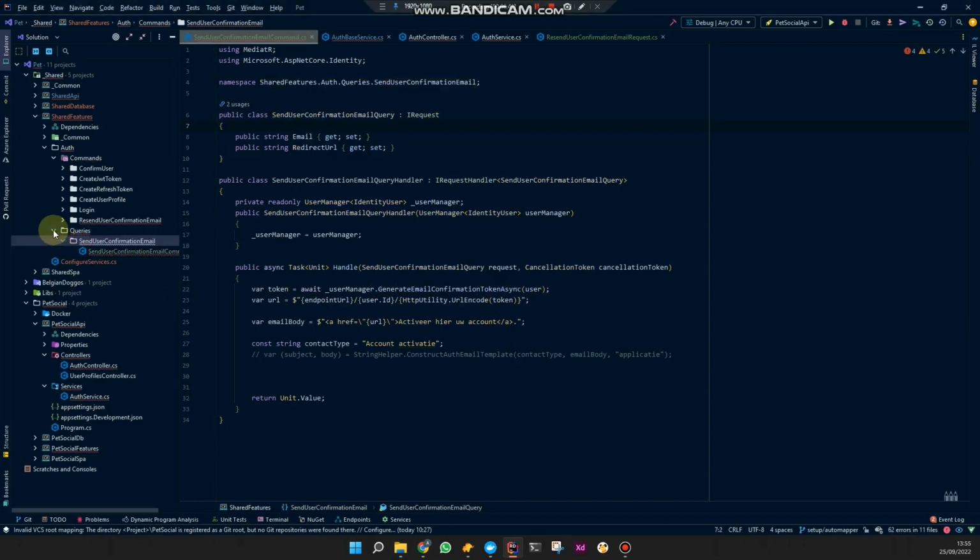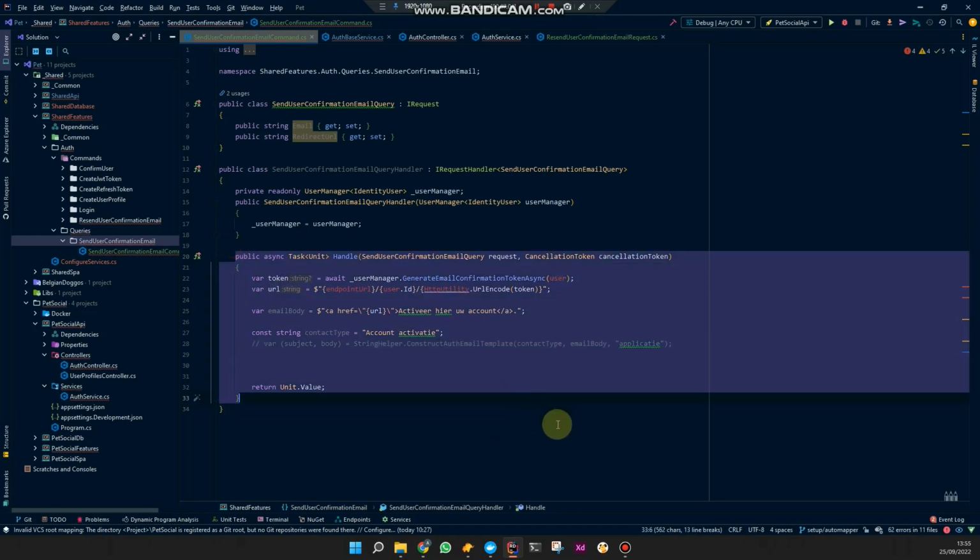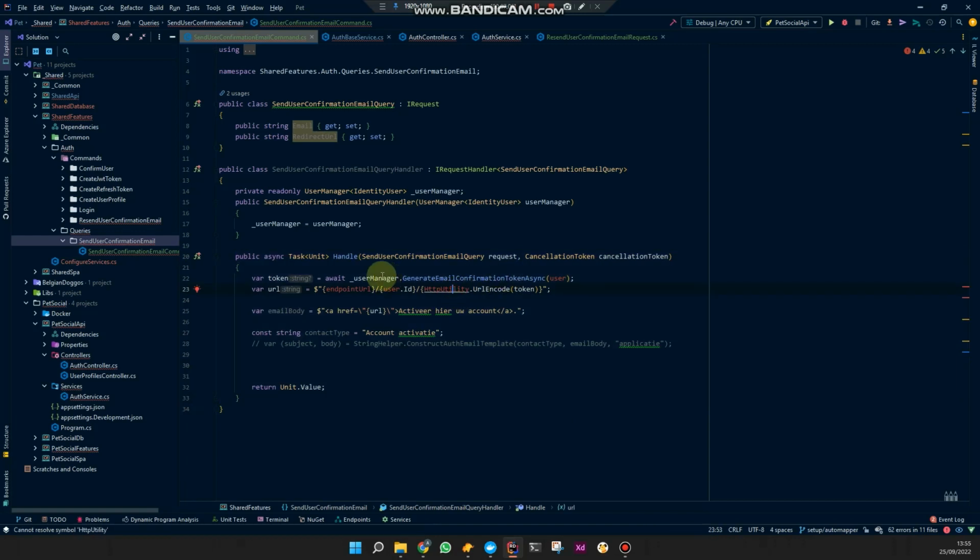I'll have to rename it because send sounds more like a command. And I already mentioned that this shouldn't probably be a command or a query. Maybe just some private method. But anyways,